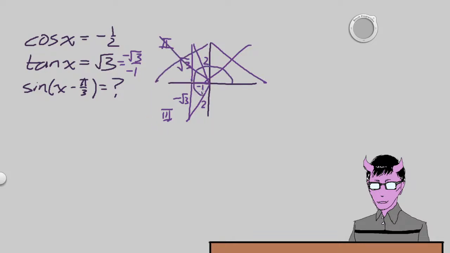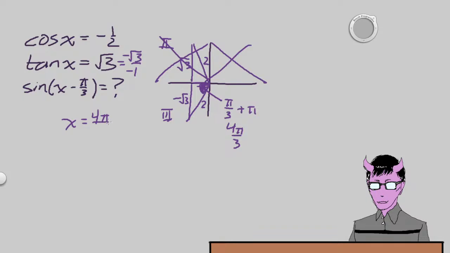What angle in particular is this one? If you memorize the ratios of a 30, 60, 90, it's going to be 60 degrees, or in other words, pi over 3. But it's pi over 3 spilled over from the half circle. So make sure you don't just write the reference angle, you have to write the actual angle from here to there. So just add a full pi, a half circle. Summing those two, we're going to get 4 pi over 3. So that could be the angle for x. So x could be equal to